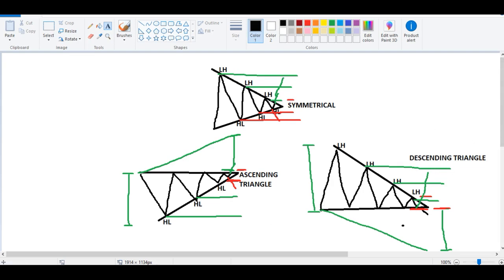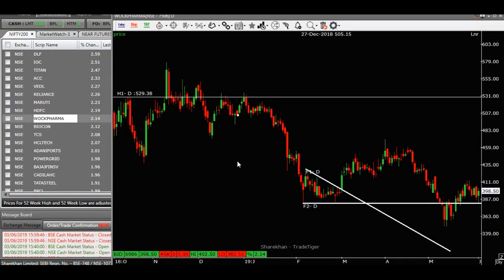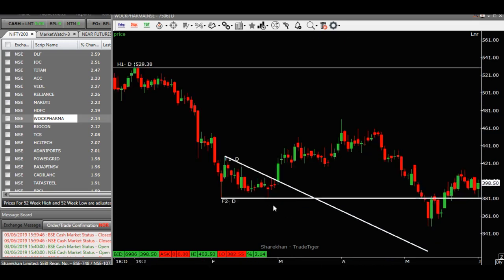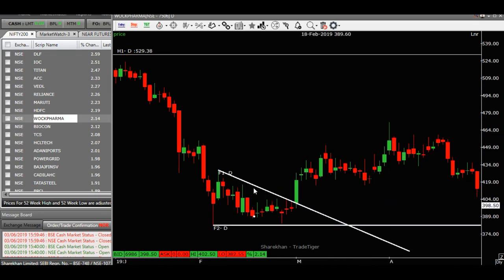So now let's look at some examples. Okay, this is a stock called Walk Pharma, and we can very clearly see here that we have a descending triangle. Why is it descending? Lower highs and similar lows. So I enter on the breakout,